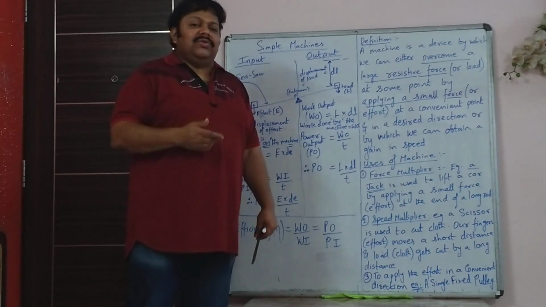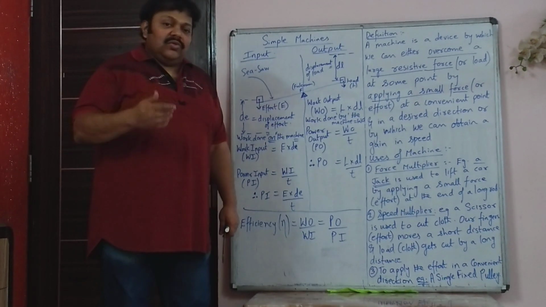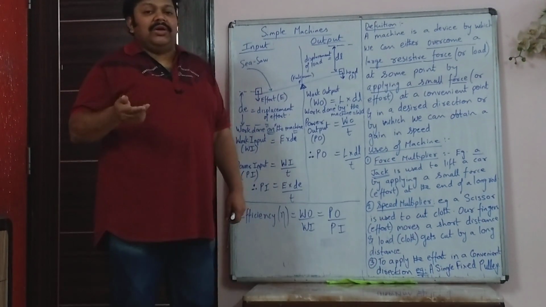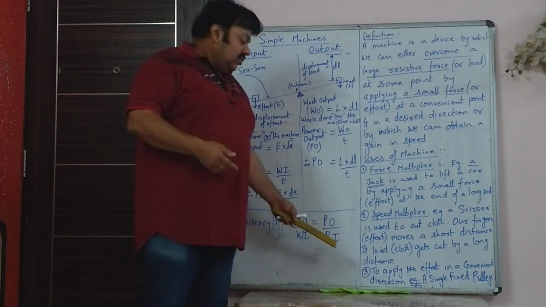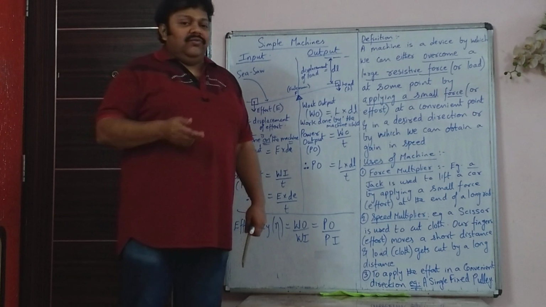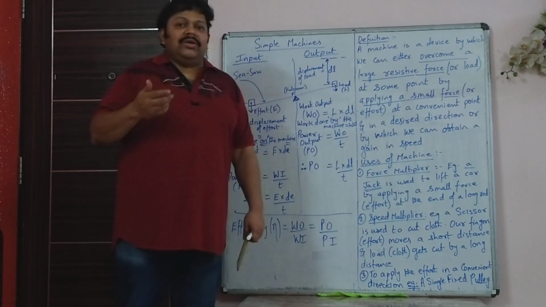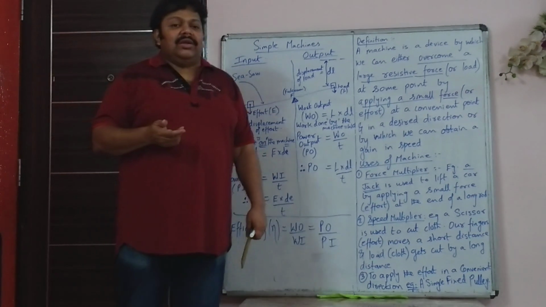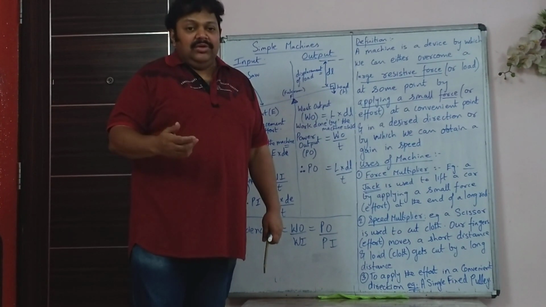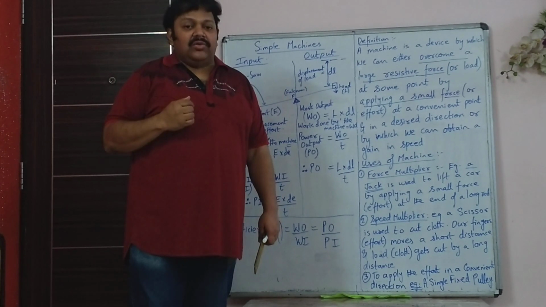So there are different types of levers. Many of the equipments that we use come under levers. So those levers, when we learn, we will see which are force multipliers, which are speed multipliers. And the third use can be to apply the effort in a very convenient direction. For example, you use a single fixed pulley in a well. So in your native place, when you go to your native place, you would have seen the well. Nowadays, of course, the pulley is being replaced by the electric pump, where people use the pump to pump up water to the tank on top of their house.